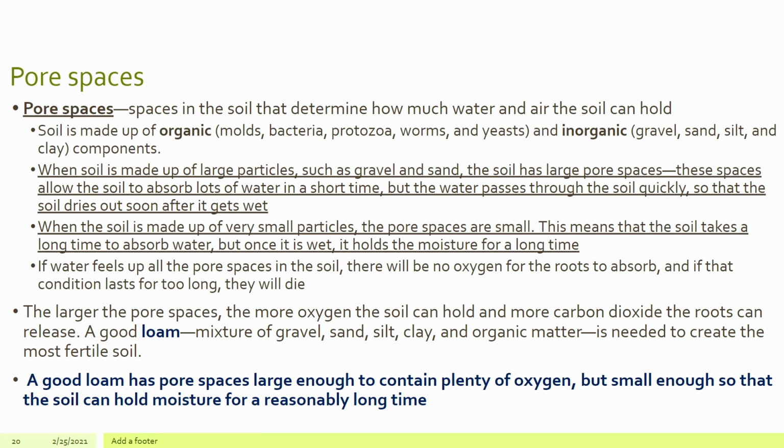There are pore spaces in the soil that determine how much water and air the soil can hold. So soil is generally made up of organic substances like mold, bacteria, protozoa, worms, yeast, but also inorganic stuff like gravel, sand, silt, and clay. So both the organic and inorganic components mix. And when you have soil that's made up of larger particles more than smaller particles, think gravel and sand as opposed to something more compact,